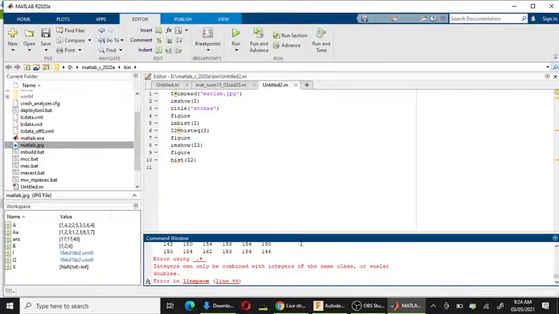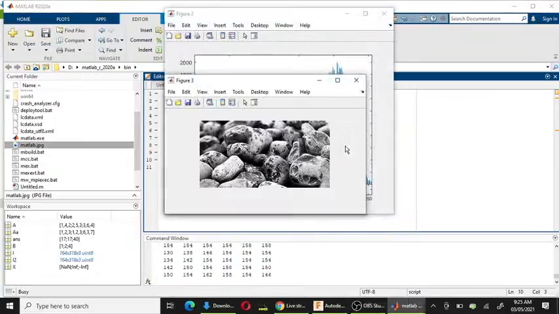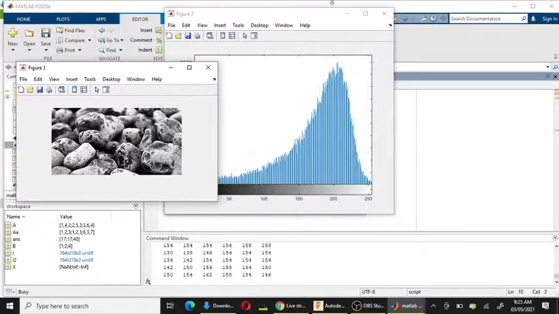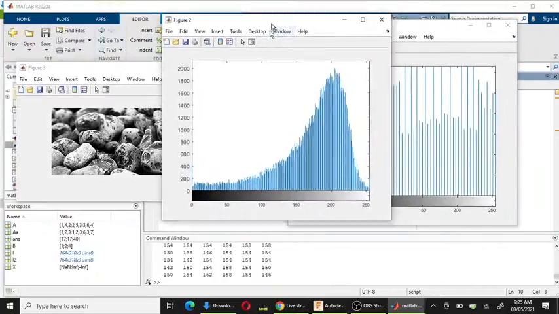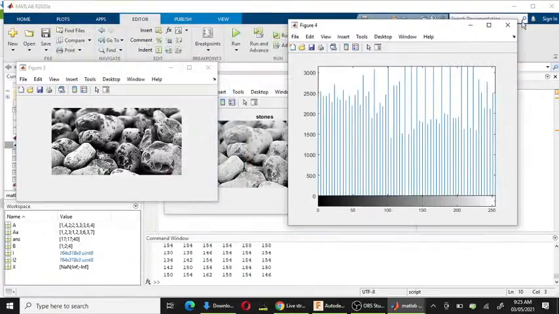Why the error? We forgot to write imhist. Now you can see this is the equalized histogram and this is the image histogram. See how it distributes the image pixels perfectly. MATLAB is a very powerful tool to perform these calculations. See, now you got it.